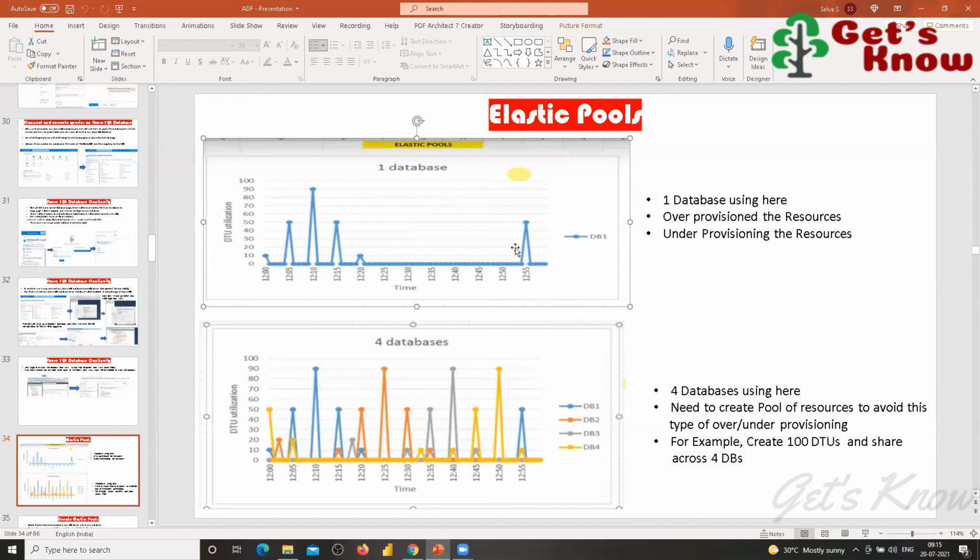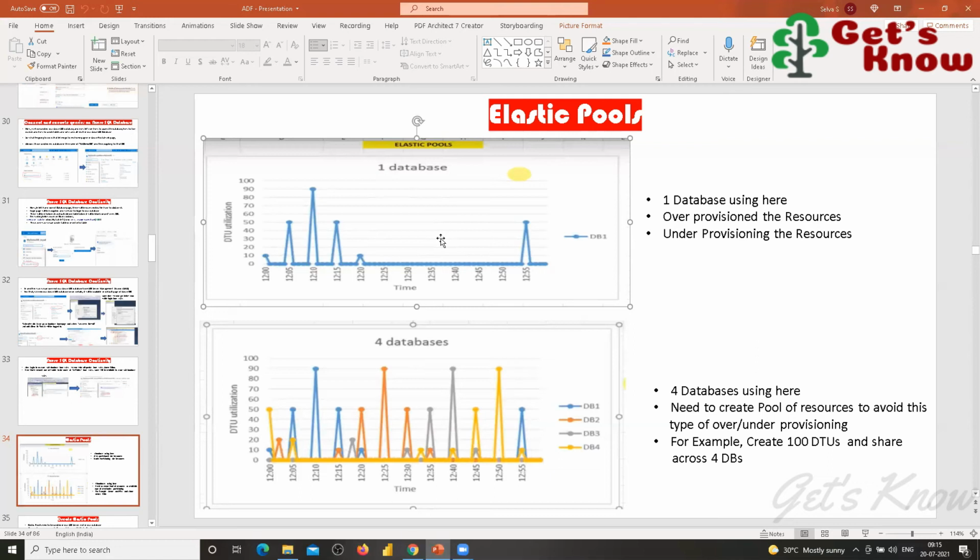Whether you used it or not, that amount is taken by default, because I have purchased this common DTU as one plan, just like a mobile plan.